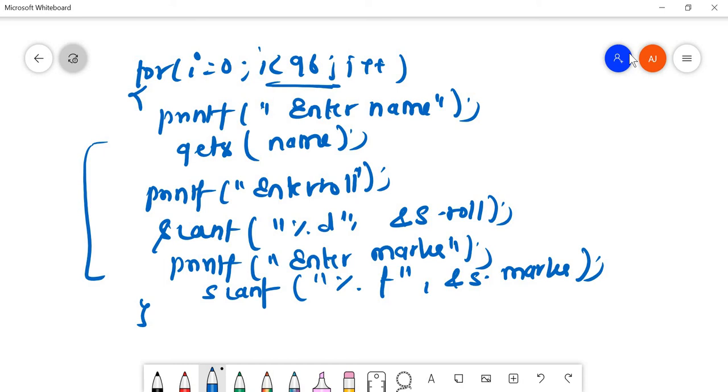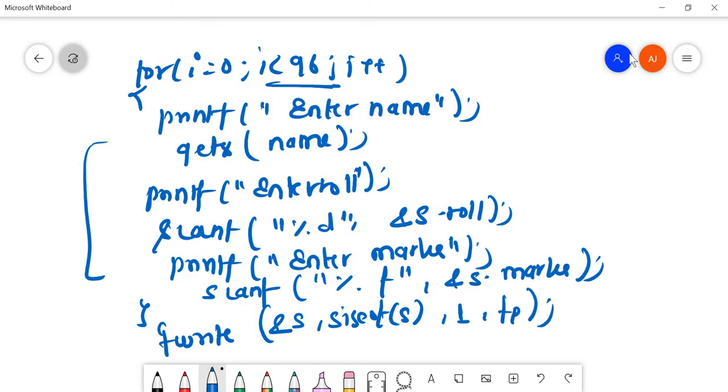I'm going to write all this information in our file. I'll use the fwrite function for this. You know the syntax of fwrite, I discussed yesterday. So address of s, that is structure, size of structure, and we have a single structure, so 1, followed by file pointer.